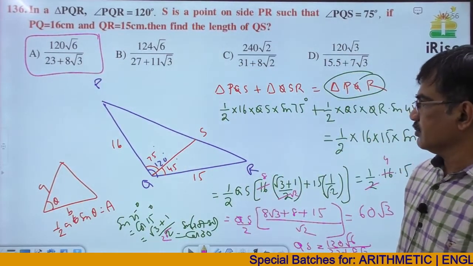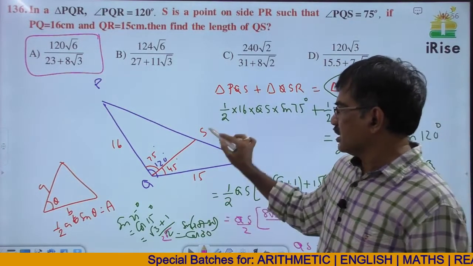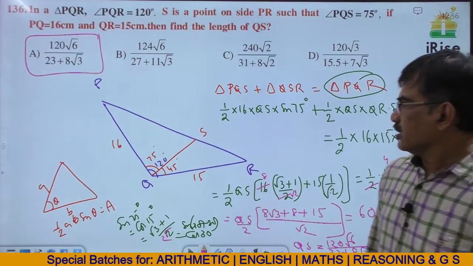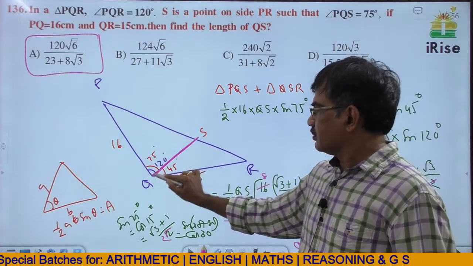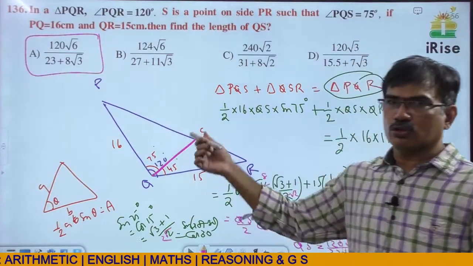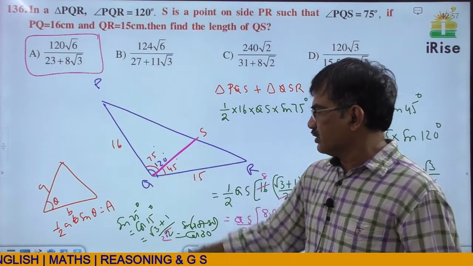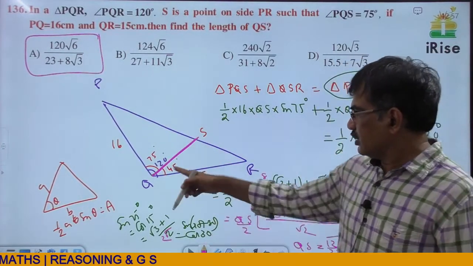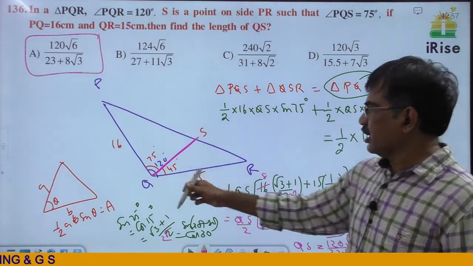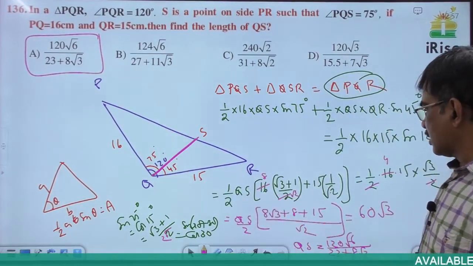Okay, once again listen. This is a triangle. The total angle is 120, an obtuse angle triangle. QS divides the angle into two parts, 75 and 45 angle. Then we have to find the length of QS. To find this length, area of this part plus area of this part is equal to total area of the triangle. Half into QS into 16 into sin 75, half AB sin theta formula. Half into QS into QR into sin 45 is equal to total area, half into 16 into 15 into sin 120. From this take just QS common and simplify.